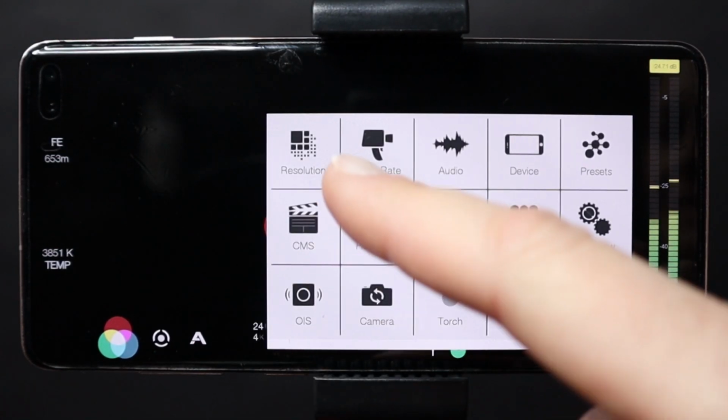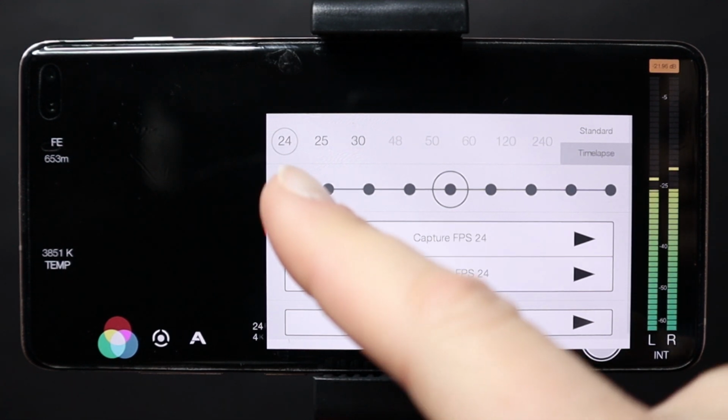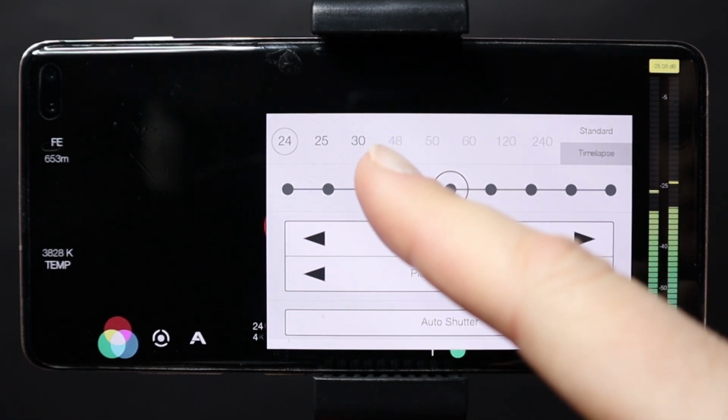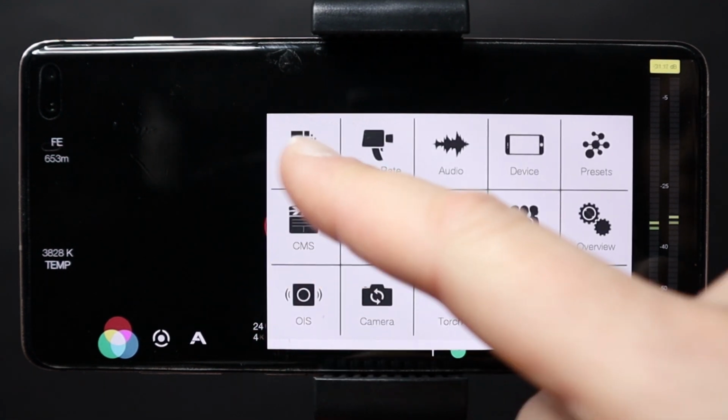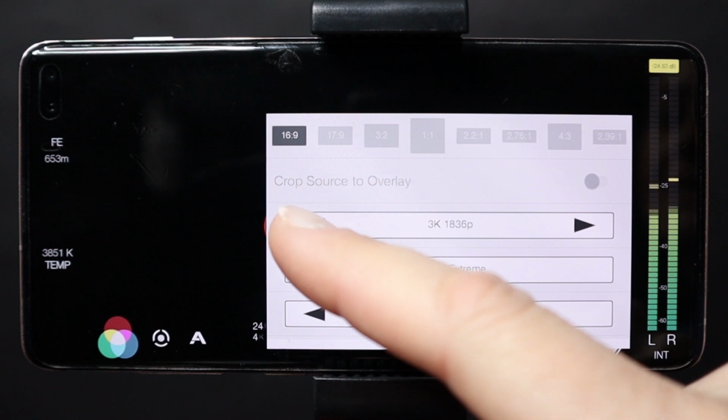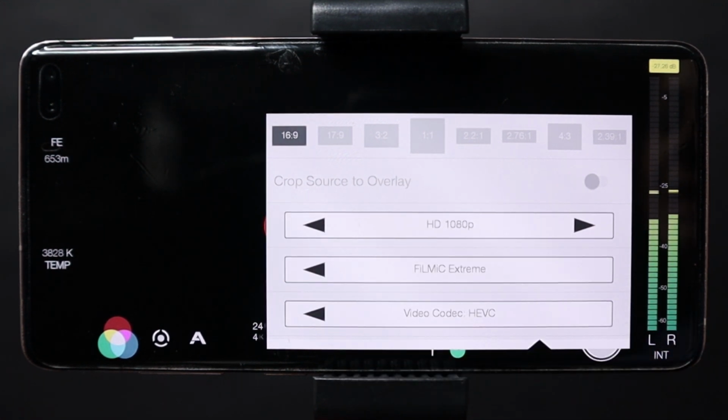24 frames per second is set, but what if I want to film in slow motion? So let's click frame rate, and now I can only do 24, 25 or 30 frames per second, not 120 or 240, because I'm still in 4K. I have to first go to resolution and lower it to HD 1080p.